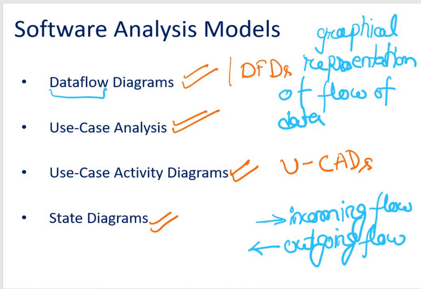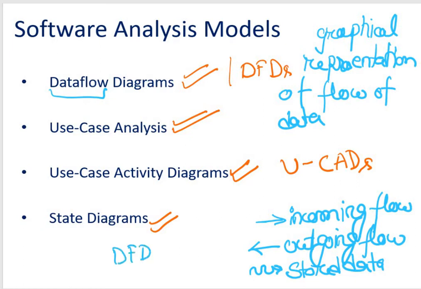And in addition to it, I'll also talk about the stored data as well, because from there only there will be some flows and all. So your DFD does not mention anything about how this data flows through the system. It will talk about flows, but how? I'm not going to talk about that in case of your data flow diagrams. And that's a major difference between your data flow diagram and flowchart, right?